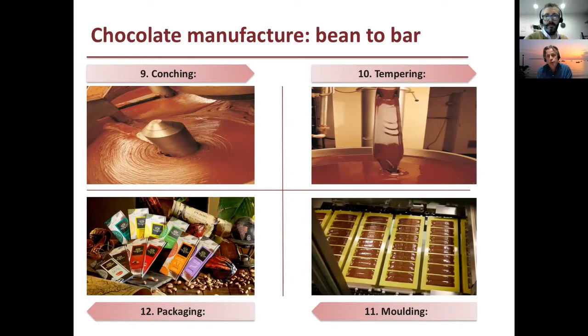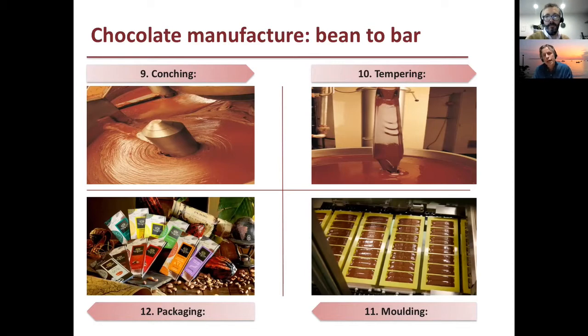Even after we've tempered the chocolate, it's still liquid, so we can fill it into molds. We then vibrate them a bit to get all the air out, put them through a cooling tunnel, which causes the chocolate to set. The setting point of chocolate is 37 degrees centigrade, exactly the same as the human body. And that's one of the reasons why chocolate's so nice to eat, because cocoa butter melts in the mouth at exactly the right temperature. So we put our chocolate down the cooling tunnel, that causes it to set, and then we can wrap it, put it into boxes, stick it on the back of a truck and bring it over to the United Kingdom. So that is how we make chocolate.